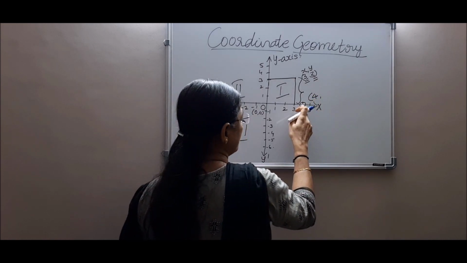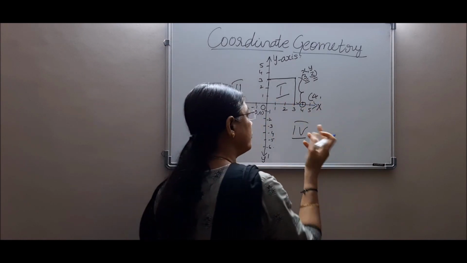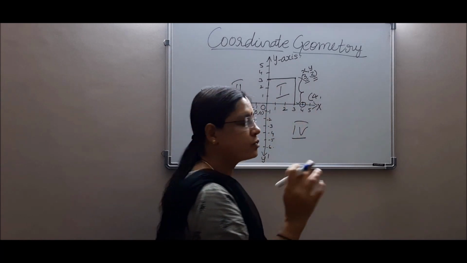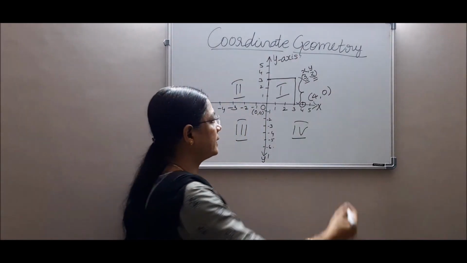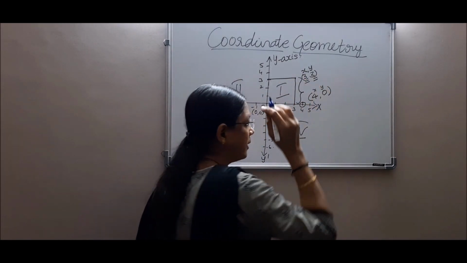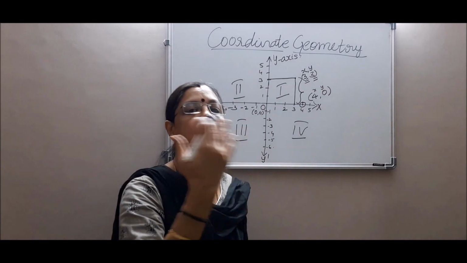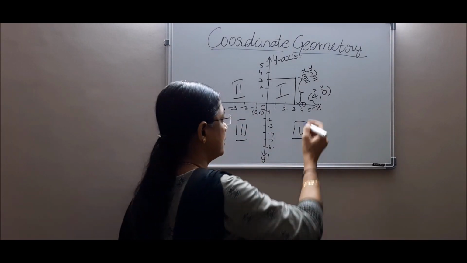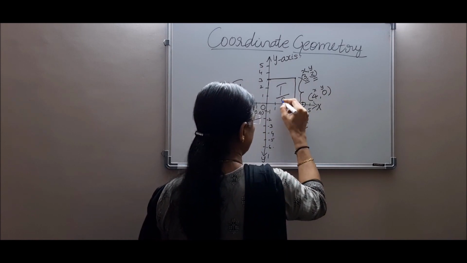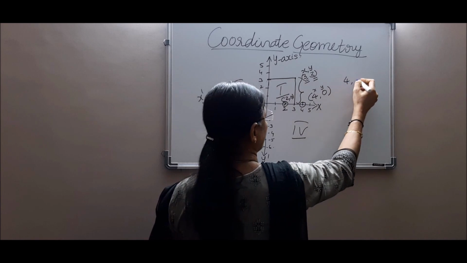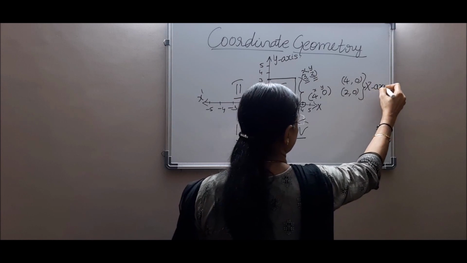Can I draw any perpendicular line from 4 to the y-axis? If I can draw, it will meet the origin only, isn't it? So there is no point in the y-axis except 0. This is the x point, this is the y point. Every time I have to write the x-coordinate first and then the y-coordinate, that is abscissa comma ordinate. That is how the representation goes. So 4 comma 0, isn't it? If I take 2, then this is written as 2 comma 0.